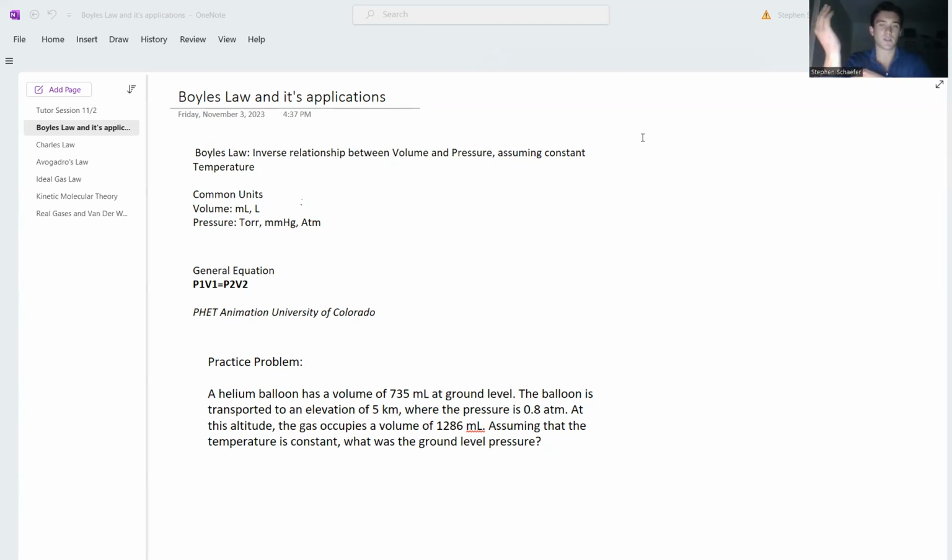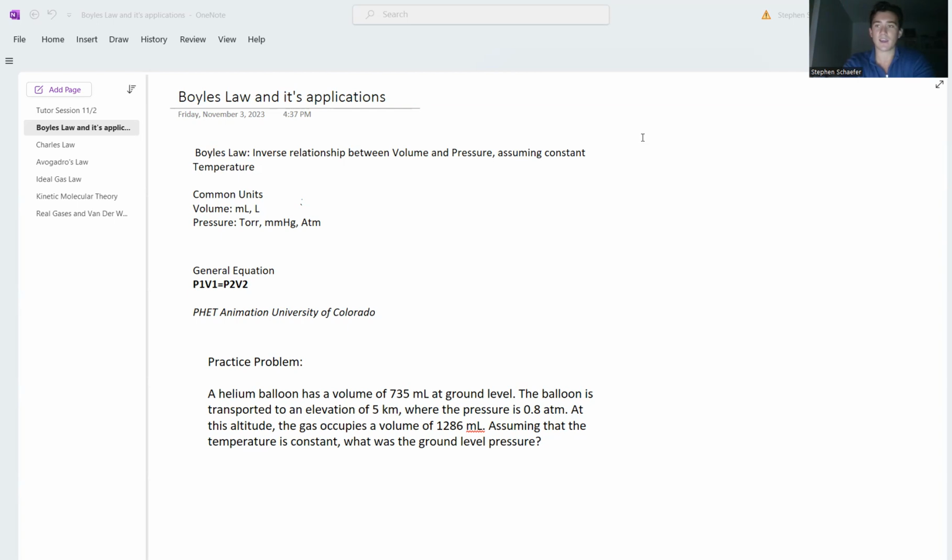This relationship is an inverse relationship, meaning that if we're increasing the volume, we're going to be proportionately decreasing the pressure, and vice versa. All this is assuming constant temperature. Some common units at play when we're talking about pressure and volume: for volume, we're going to be talking a lot about milliliters and liters, and for pressure, we're going to be talking about torr,